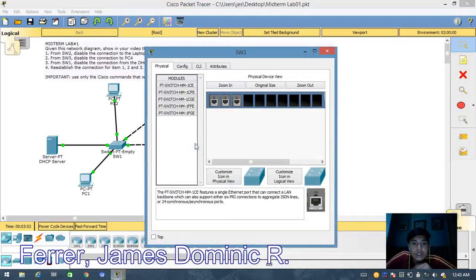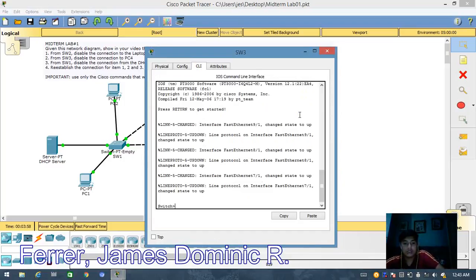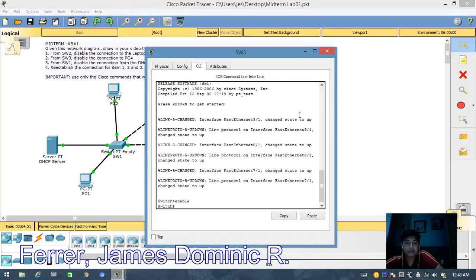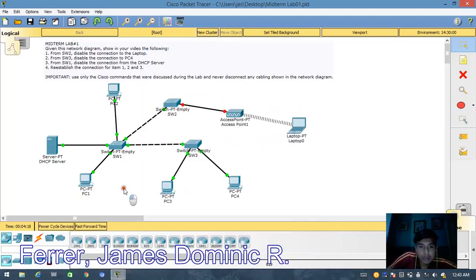Click switch 3, click command line interface, type enable, type config term, type interface fast ethernet, then point the mouse to the connection of switch number 3 to PC number 4. So the number is 8/1.